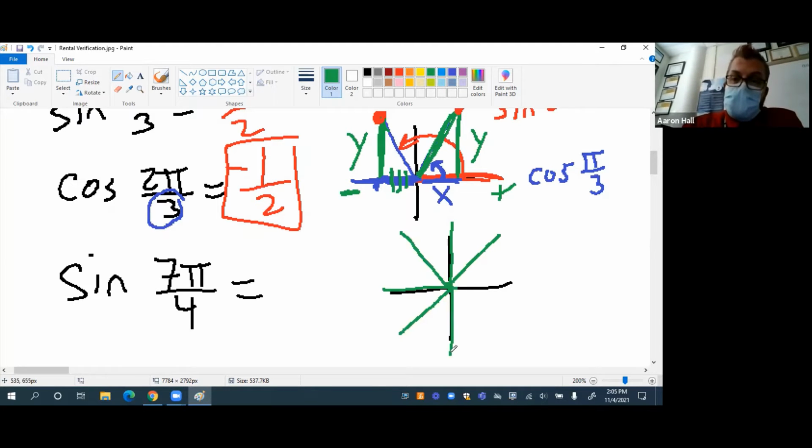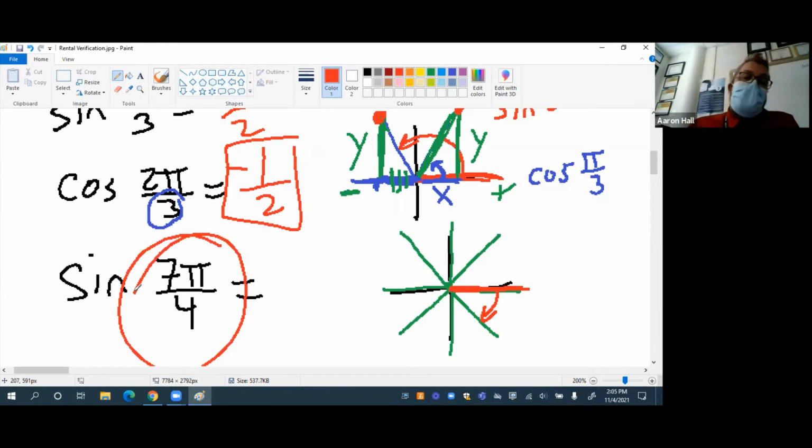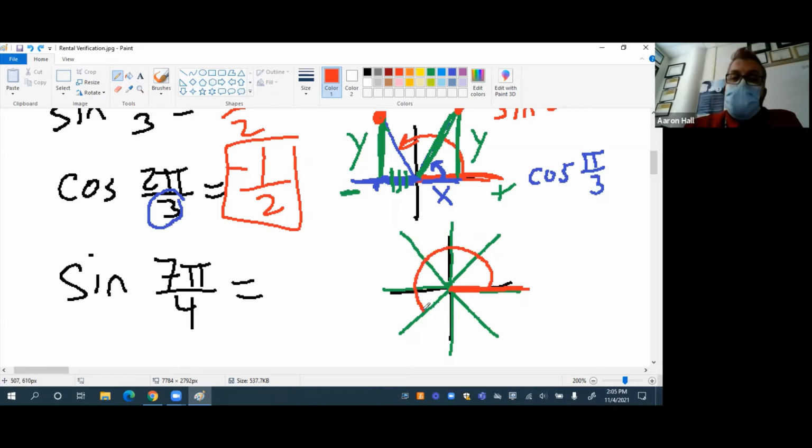We'll do the same thing down here. We always start at our initial side, and we're going to rotate clockwise or counterclockwise? Counterclockwise. When do I rotate clockwise? If it's a negative angle. Right now it's a positive angle, so I'm going to rotate counterclockwise. So I have 1 pi fourths, 2 pi fourths, 3 pi fourths, 4 pi fourths, 5 pi fourths, 6 pi fourths, 7 pi fourths. Now, what's really cool is that this triangle right here is congruent to this triangle here,